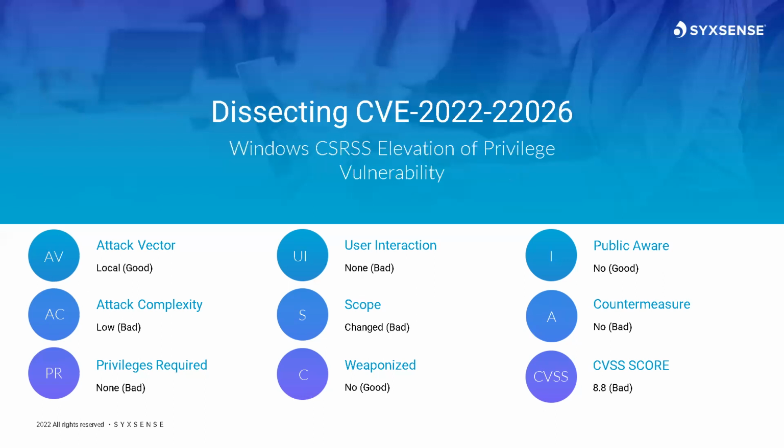Third is actually the second of our CSRSS elevation of privilege vulnerabilities. This is typically how this sometimes works, where you get a couple of vulnerabilities that are called the same, but have a different CVE number. And that's because the exploit is different. This one is to do with a locally authenticated attacker who could send a specially crafted data packet to the CSRSS service to elevate the privileges from the app